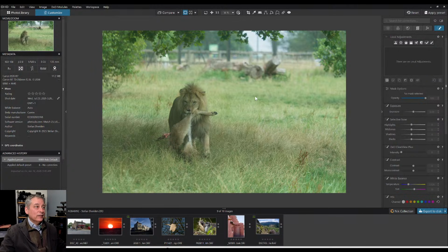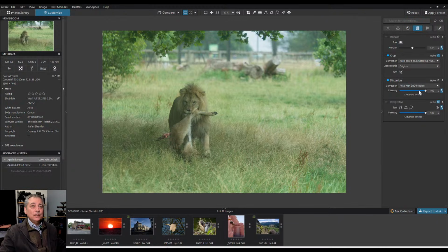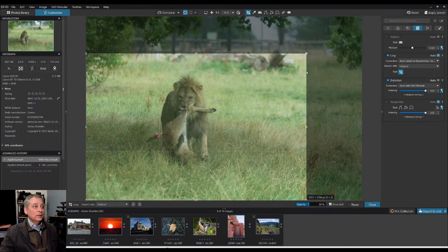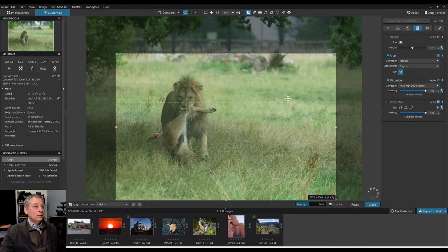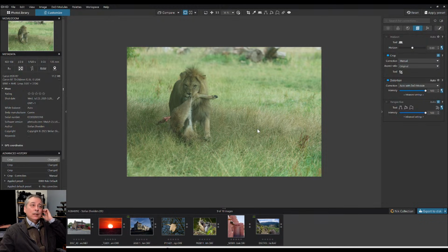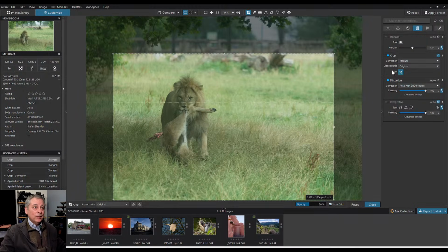Now, composition-wise, I think I'm going to try and minimize this whole area back here and just maybe give an illusion, if possible, of not being in a fence. I'm not crazy about the chainsawed logs back here either, but that's a little better. I might be able to come in even a little tighter, and I do need a